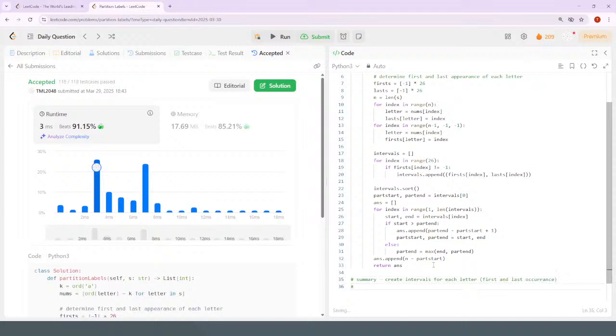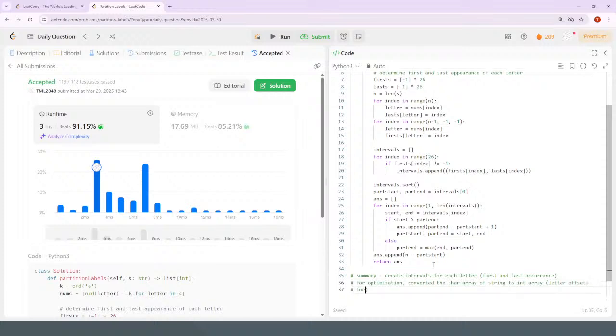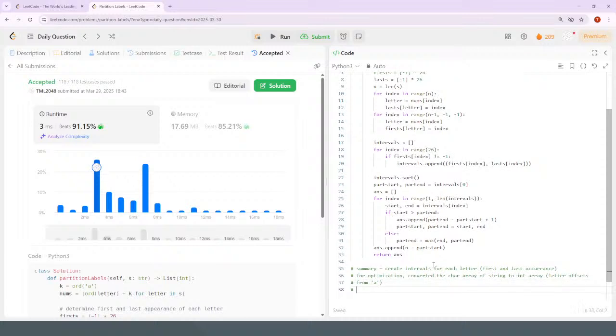And for purely optimization purposes, I converted the char array for the string to an integer array where the integers are letter offsets from A. And then this is going to be find when